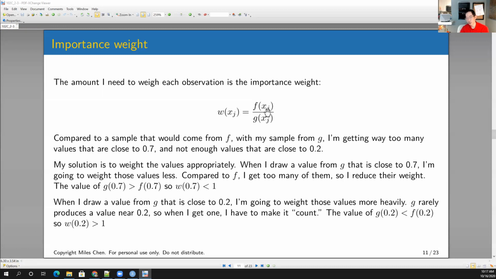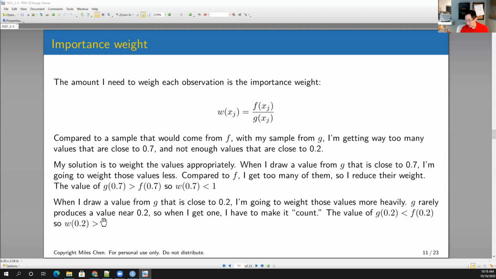But if F and G are drastically different, then you need a larger sample. This is going to work for any two PDFs F and G where the support of F is contained within the support of G. In some cases, importance sampling is going to reduce the number of samples that you need, if you can rearrange the original idea here. But anyway,